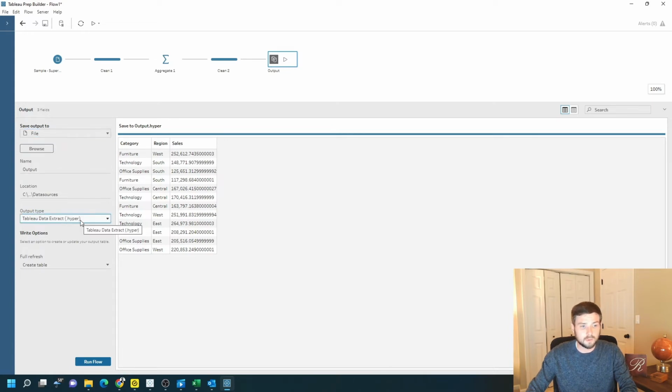You can save it as a hyperfile, but then only Tableau can open it. You can also change it to an Excel or CSV. I'm going to choose CSV,